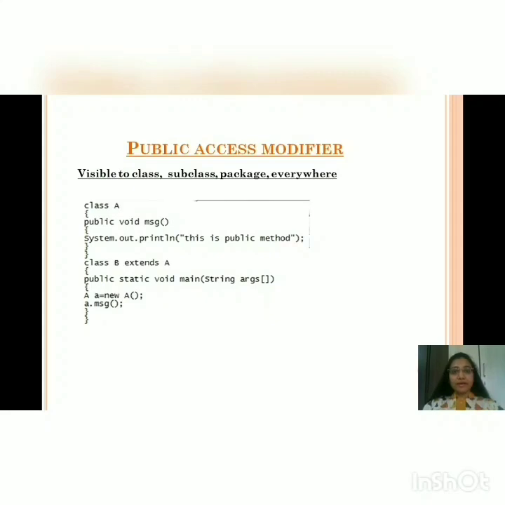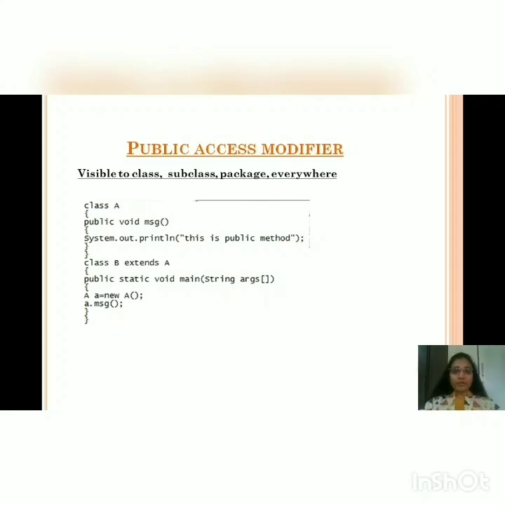Next, this is an example of the public access modifier. As I showed you in the chart, public access modifier has access everywhere, within a class, within a subclass, and within a different package.